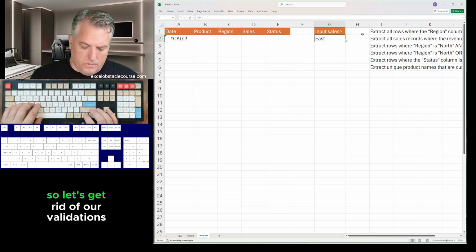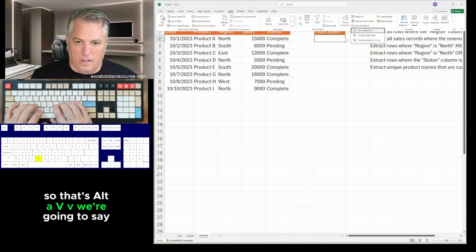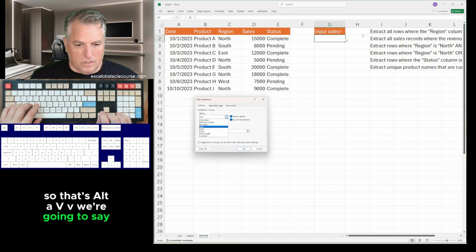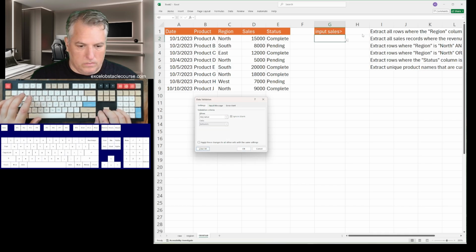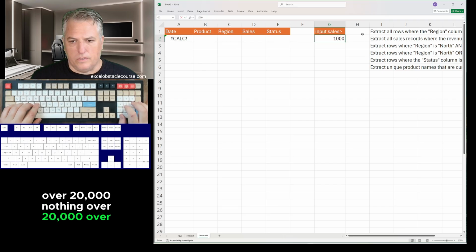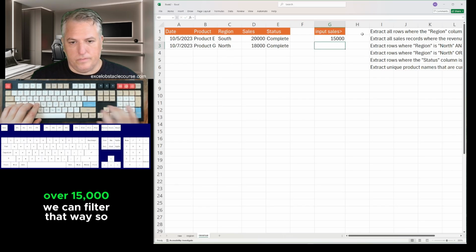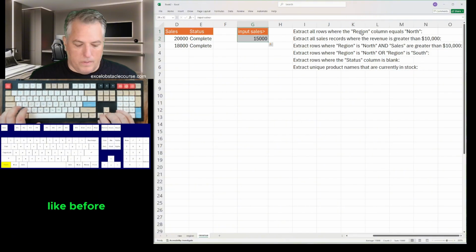So let's get rid of our validation. So that's Alt A, VV. We're going to say allow any number. Hit OK. And we've gotten rid of the dropdown. Now we can just say over 2,000, over 20,000, nothing over 20,000, over 10,000, over 15,000. We can filter that way. So like before,